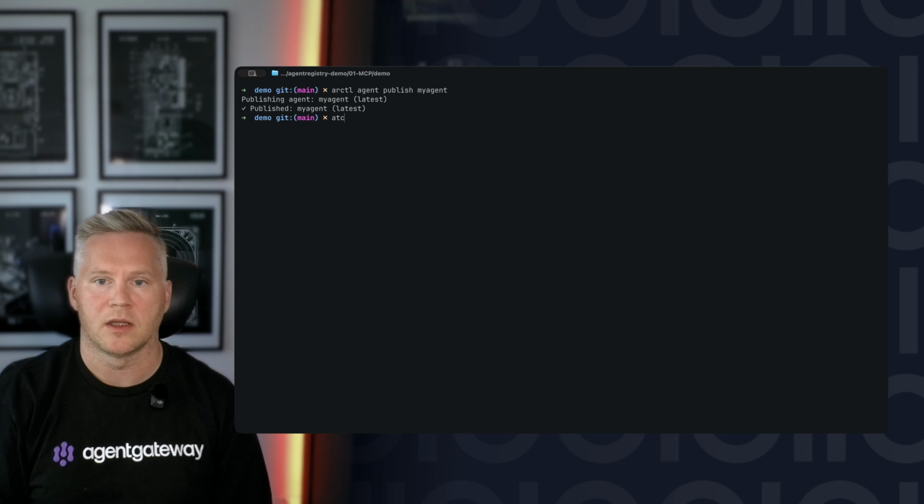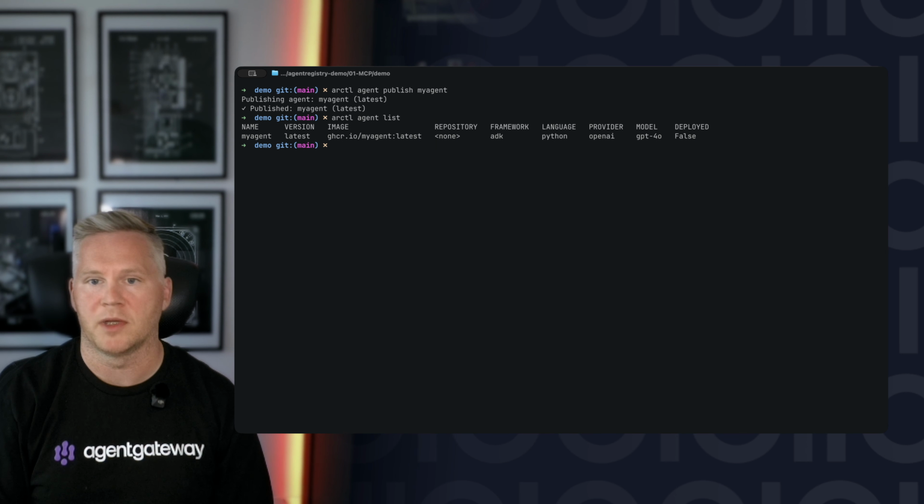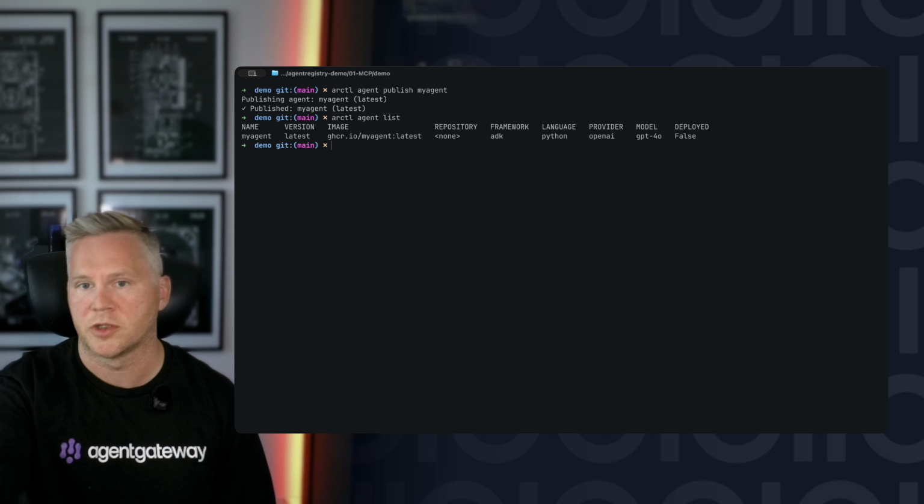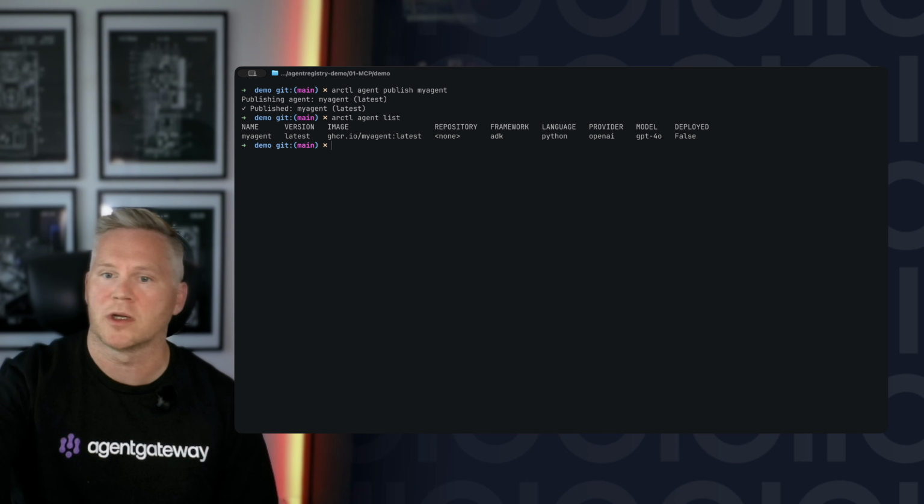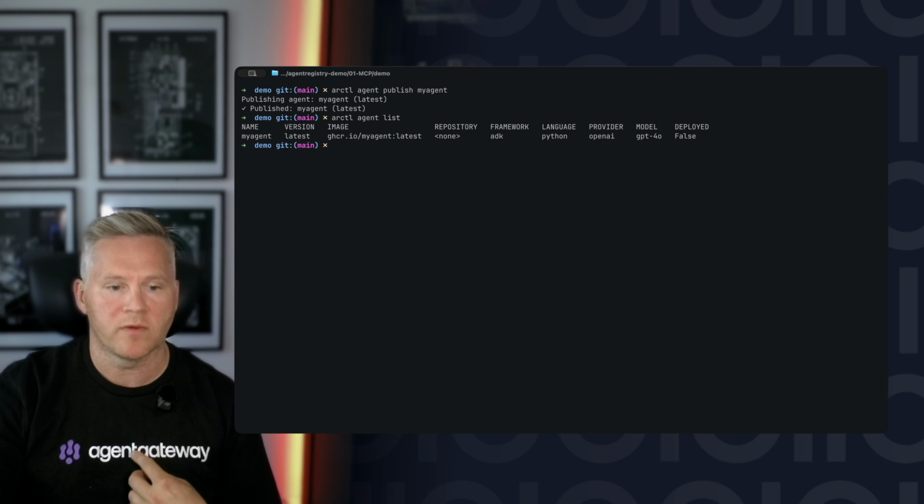I can then rctl or agent list to see all my agents listed. Now we see, okay, there's my agent. It was locally pushed. It's running this ADK framework. It's in Python. Here's the provider itself. And when we flip over to the UI,